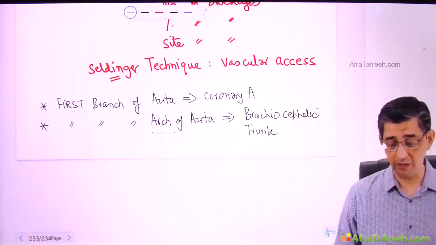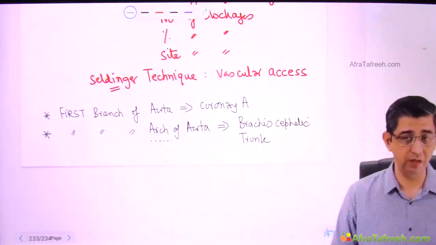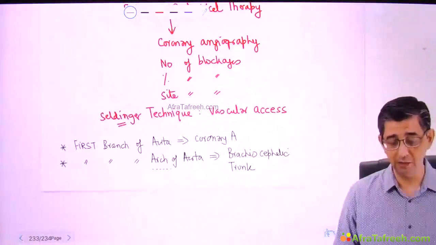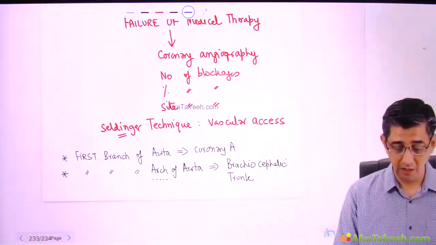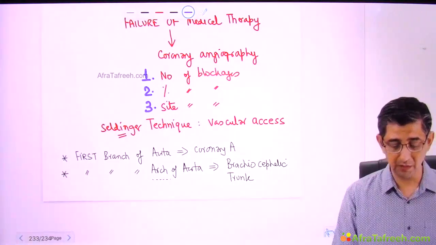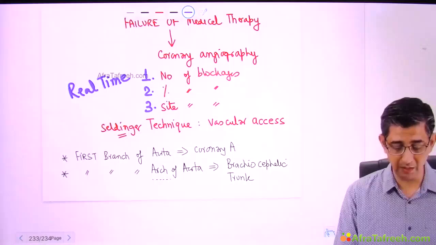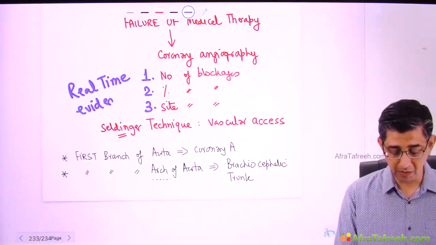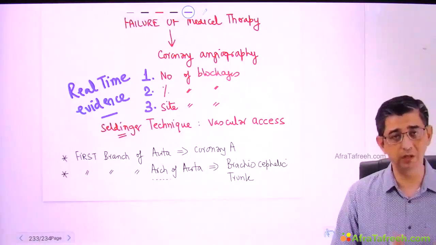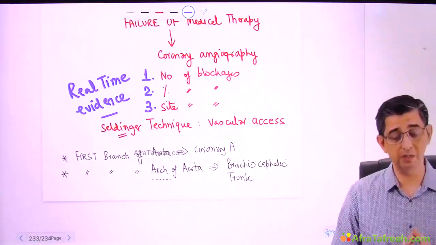And most importantly, since I want to access the coronary arteries of the patient, it has to be a retrograde approach, and on the monitor under fluoroscopy guidance I can see which blood vessel is being accessed. I repeat the fact once again, the advantage of coronary angiography is real-time evidence. You will be able to know three data simultaneously: number of blockages, percentage of blockages, and the site of blockages. Percentage, you anyway know, will be more than the critical value 70%. That is when there would be symptoms occurring in a person.